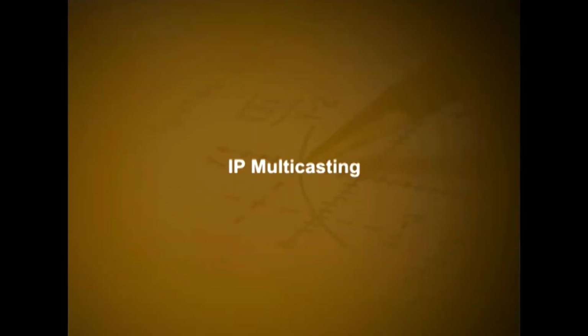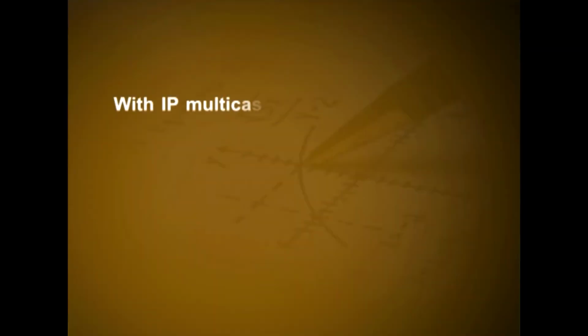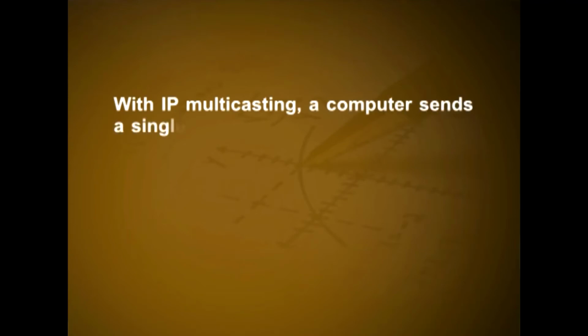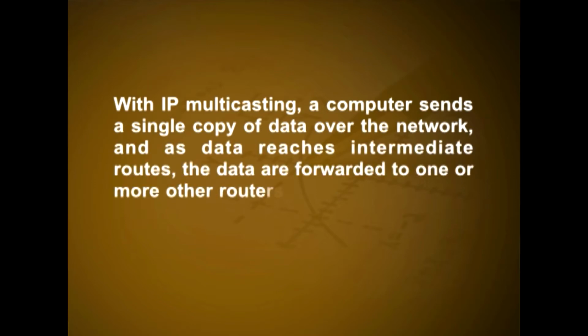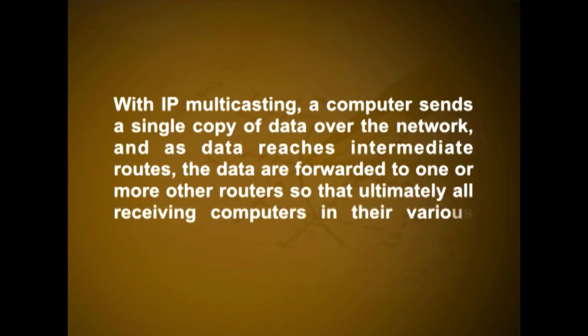Spanning trees are important in data networking. Example 2, IP multicasting. Spanning trees play an important role in multicasting over Internet protocol networks. With IP multicasting, a computer sends a single copy of data over the network, and as data reaches intermediate routers, the data are forwarded to one or more other routers, so that ultimately all receiving computers in their various subnetworks